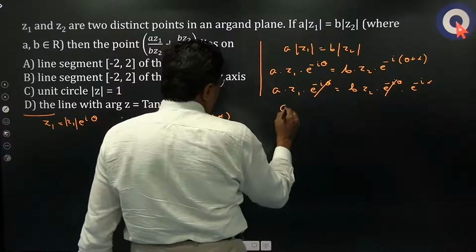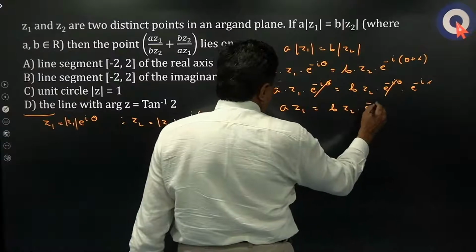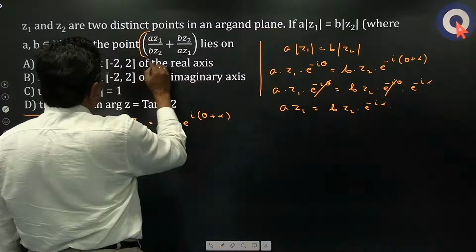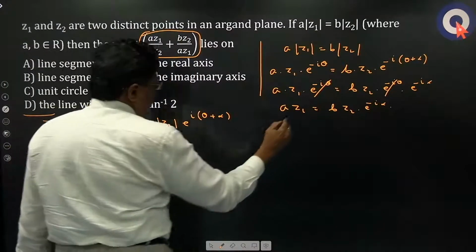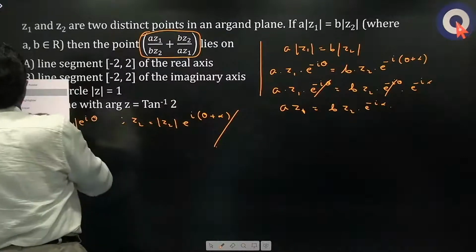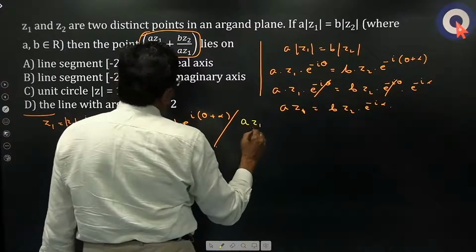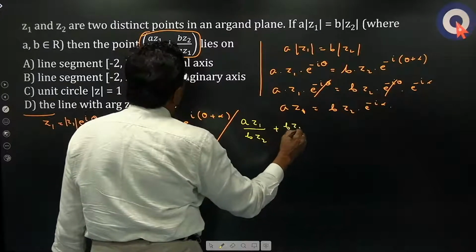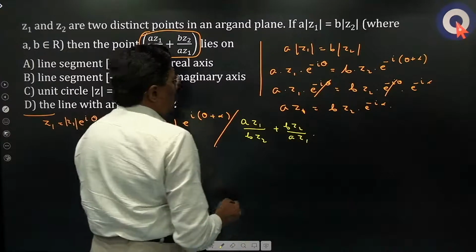So you have A Z1 is equal to B Z2 into e power minus i alpha. So what is then the point, this point we are talking about? A Z1 by B Z2 plus B Z2 by A Z1. All right. So you have,